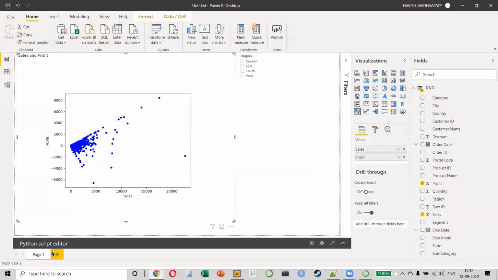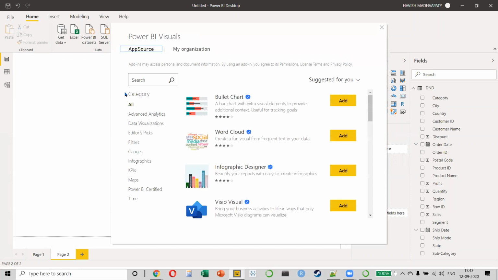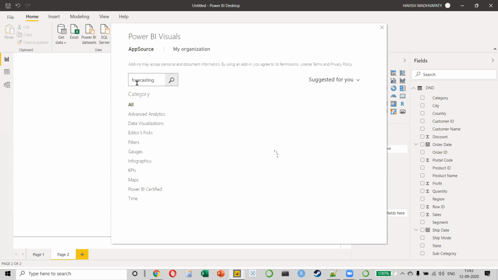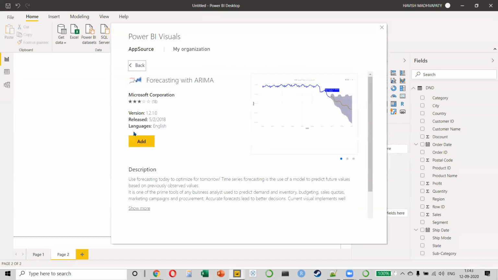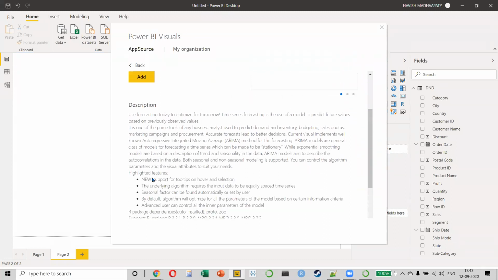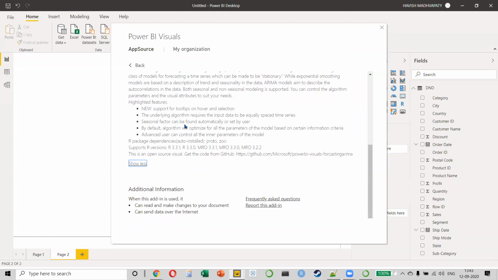Similarly, when you're working on R, I can click on the 3 dots. Let's say you want to do some forecasting. So I can click on get more visuals, and I can look at a visual that is actually an R visualization. Let's say I'm looking at forecasting, so I can look at forecasting with ARIMA, right? So if you notice here, ARIMA is an autoregressive technique, and the best part here is that it is going to use R packages.